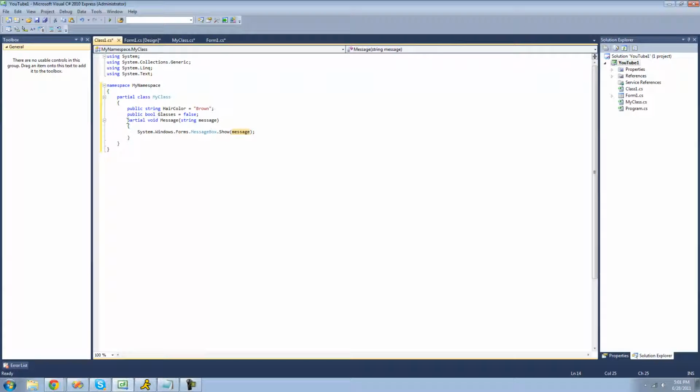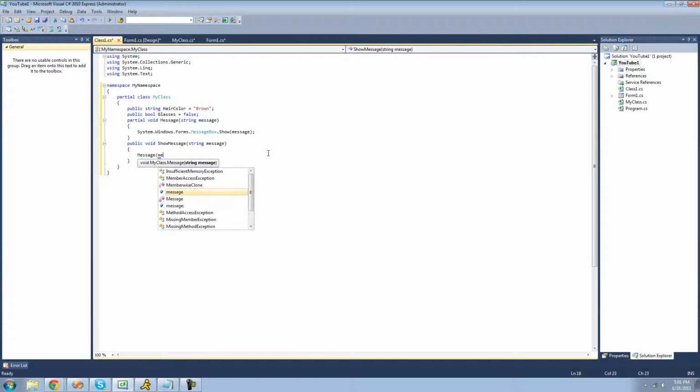However, you cannot put access modifiers on partial methods, so we can only use this method inside of this class. But we could create another public method that will display this message to the user. So we can have it call this void right here, and then display the message to the user. So we'll just say message, we'll call this void, and then we'll have it display the message that the user